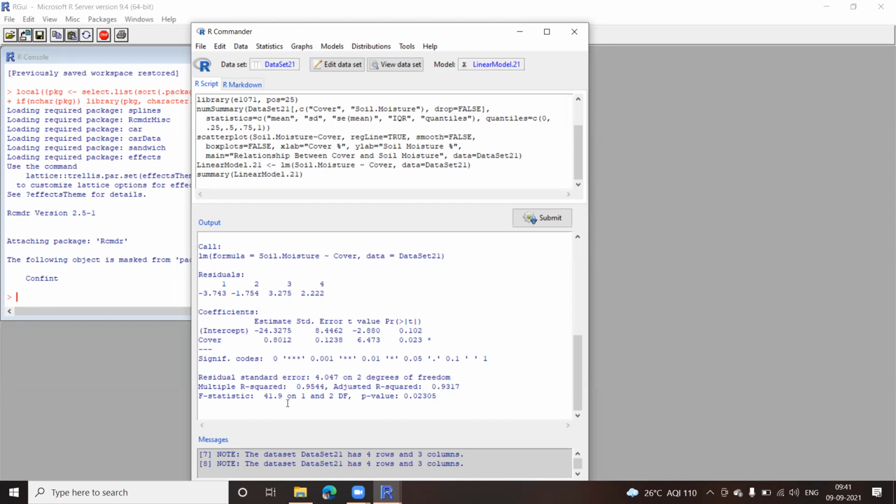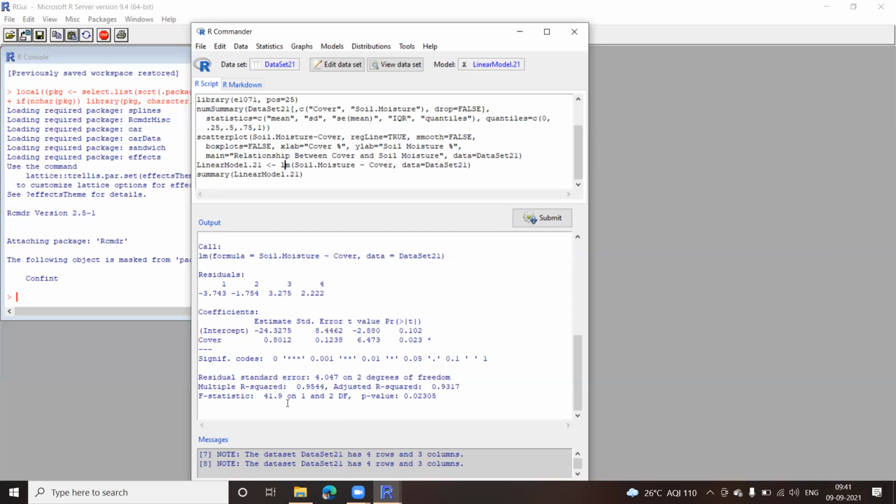But now, let us say I want to look at the distribution and represent this particular model in a graph. To do that, we can go to the model diagnostics for the linear model.